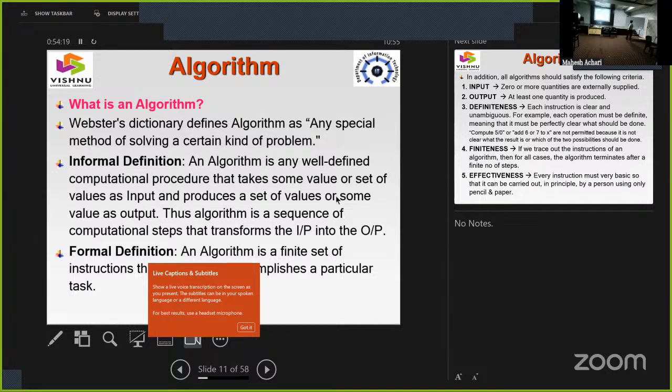And the next one, output. Under this second characteristic, output: every algorithm must produce